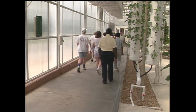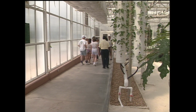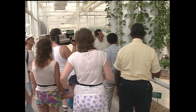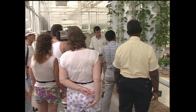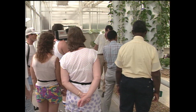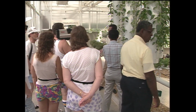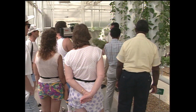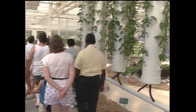Now there's one other attraction, and that is what we call the Harvest Tour. The Harvest Tour is a walking tour through the greenhouse area, and it's with one of our scientific staff members. The guests who have taken a boat ride may spend only about 8 minutes in the greenhouses. They actually get to spend 45 minutes on the Harvest Tour, take pictures, ask questions, learn a lot about how we do the things we do here to educate our guests